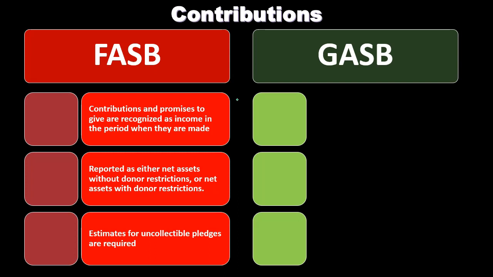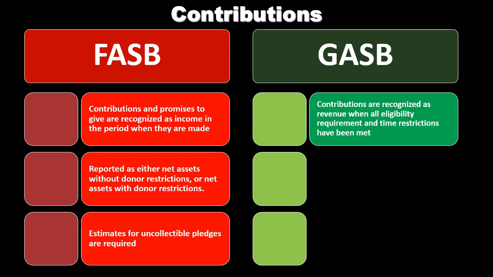It's a pledge. So once they give the pledge, we're basically going to be debiting some type of receivable account, and we will be recording the revenue at that point in time of the pledge. As we do so, we also want to consider how much of those pledges would be uncollectible and report that amount. We're going to have to use some type of estimate, similar to the allowance method that would be used in a for-profit type of organization.